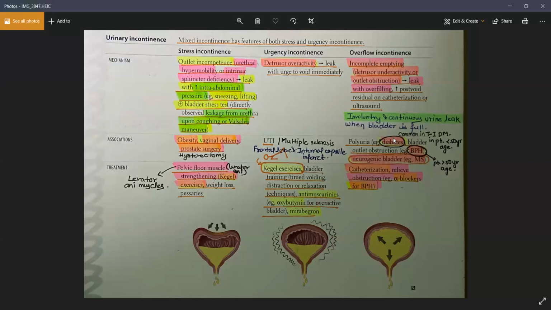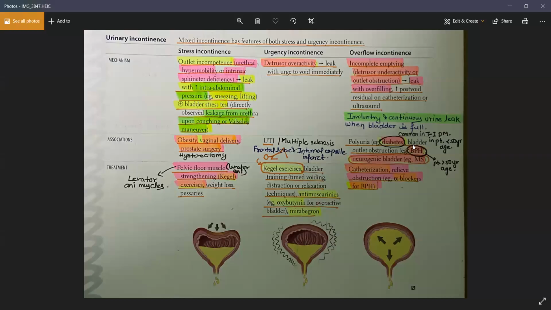Yes. Second thing is the BPH. Of course, BPH can cause obstruction in the outflow of urine, and that can cause overflow incontinence again. In multiple sclerosis, in the late stage, patients can also have overflow incontinence. So please note, for diabetes, the patient's age will be less than 50.